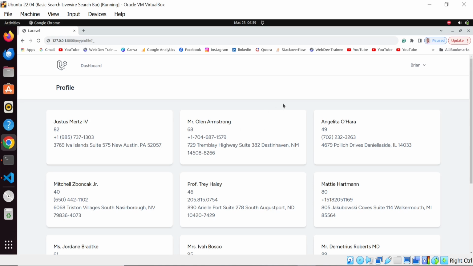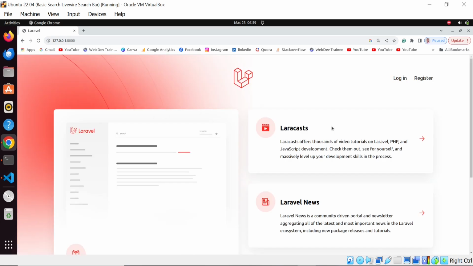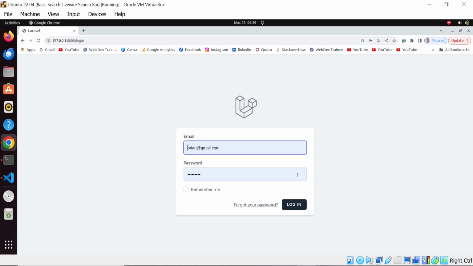So this is what we call Laravel Breeze. We're going to learn how to install it within Laravel 11, and then of course we're able to authenticate different profiles. You can see here, this is the dashboard for Laravel 11. So when I log in to this application, then I can,